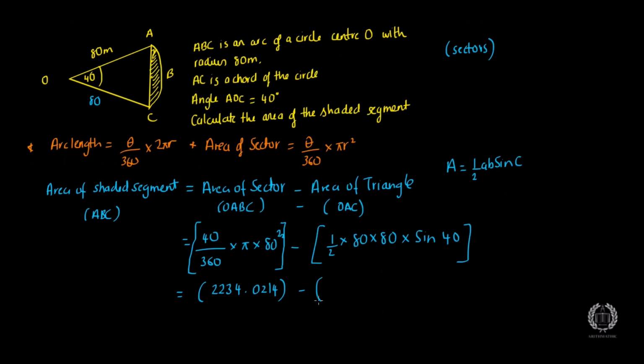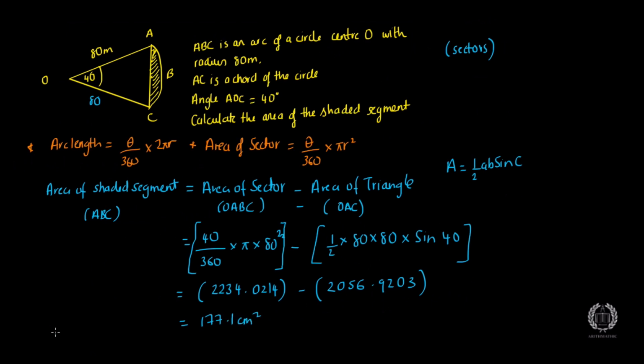And then the other one, half times 80 times sine 40, will give us 2056.9203503. And if we take them away, 2234.0214 minus that gives us 177.1